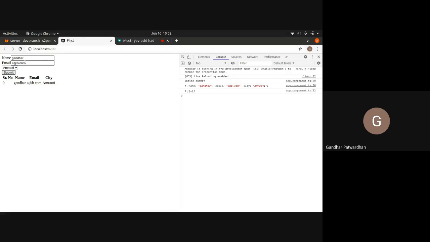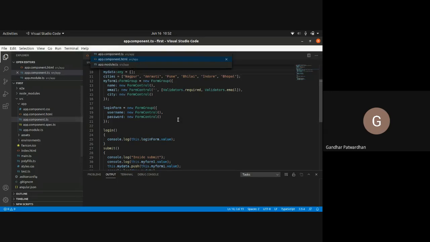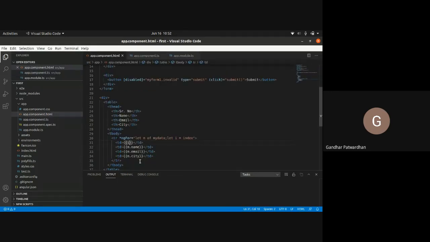So if you see, we have the serial number which starts from 0. Why is it starting from 0? Because we have taken that serial number from the index, and the index of an array starts from 0. So instead, if I use i plus 1 here, it will start from 1.